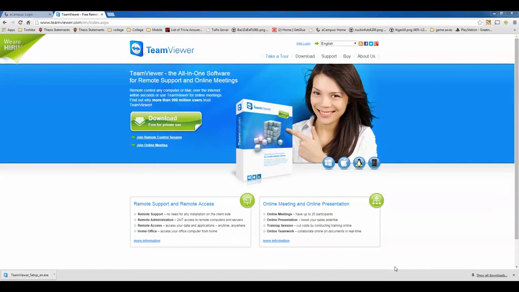With Teamviewer, you do not need to be on the network to gain access to the server computer. This can be done on a computer with Teamviewer and an internet connection. Now we're going to set up Teamviewer. Go to teamviewer.com, click Download,